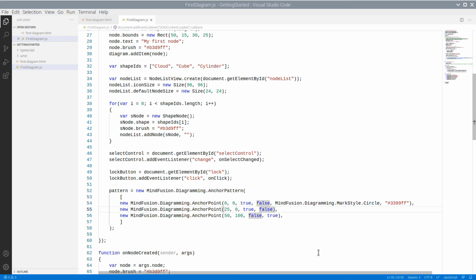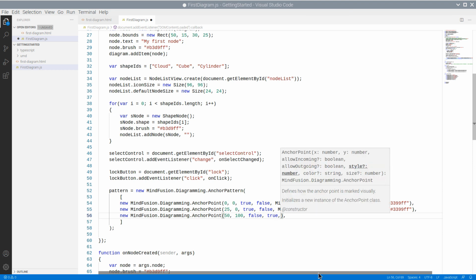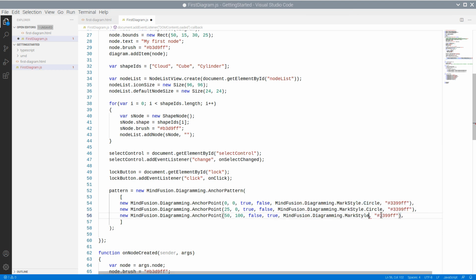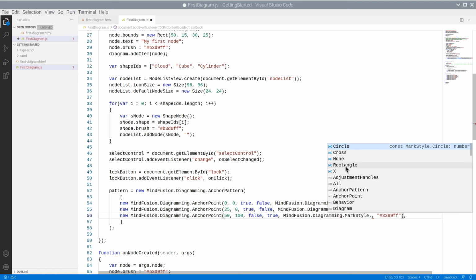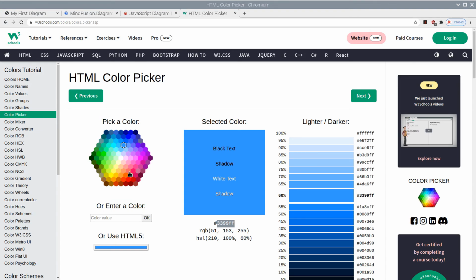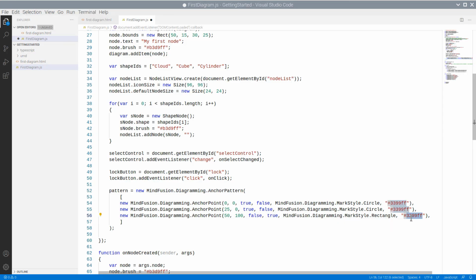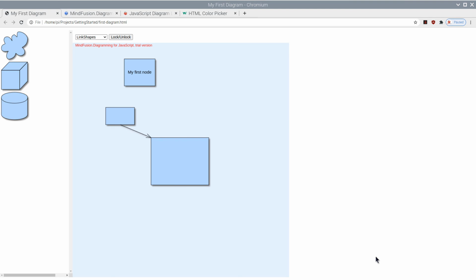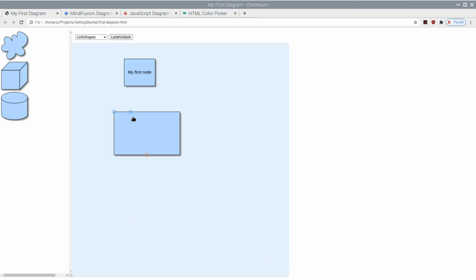We apply the same parameters to the other incoming anchor point, and we make the outgoing point red. The points look exactly as we want.